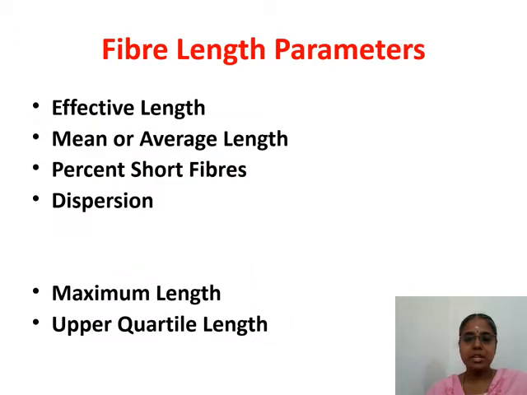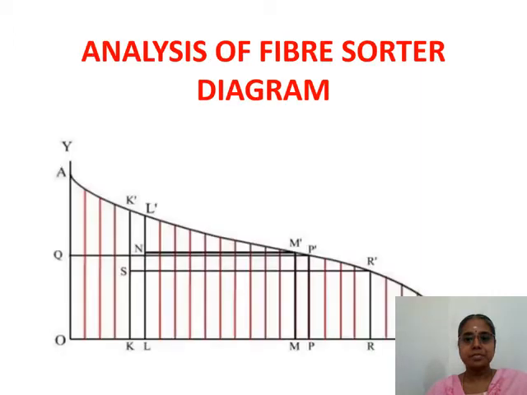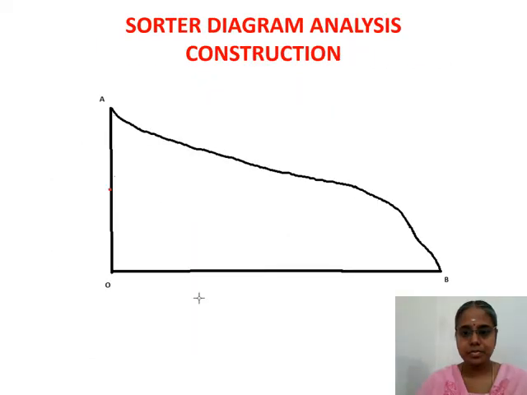These are the parameters that you are going to find out of this instrument: effective length, mean length, short fiber percentage, dispersion. You can find maximum length and you need to understand upper quartile length to understand effective length better. Next, this is the sorter diagram which you have to draw out of the traced one. You would have got O, A, B, and now you have to do this. I'm now going to play the audio which was recorded during the construction of the sorter diagram